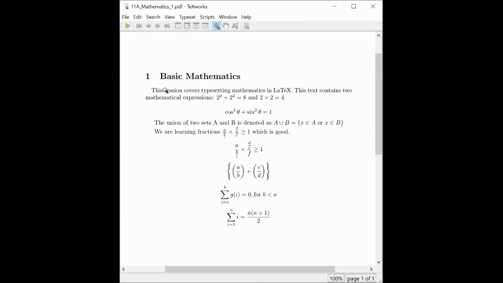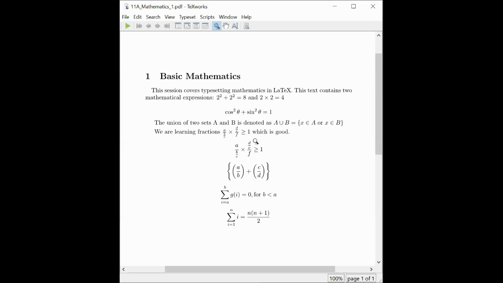So I think you can see the output PDF. In this PDF, you can see how the math equations are neatly typed inline as well as separate equations. In the second part, you have some expressions like a by b by c into d by e by f greater than or equal to 1.